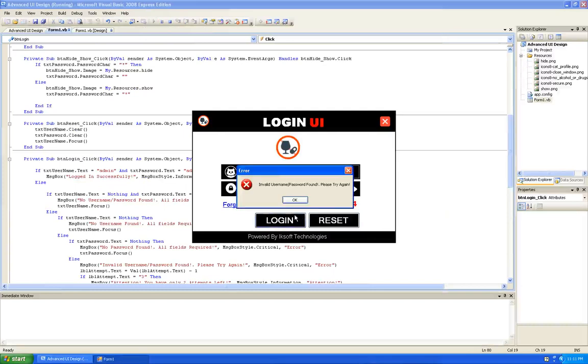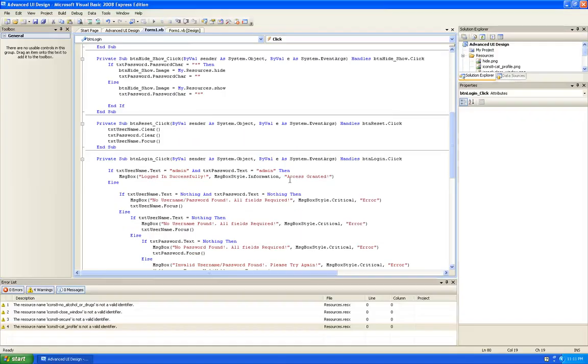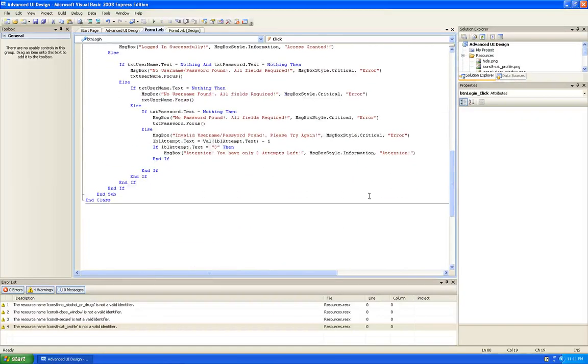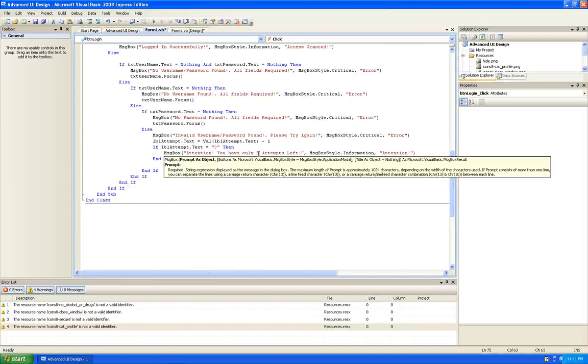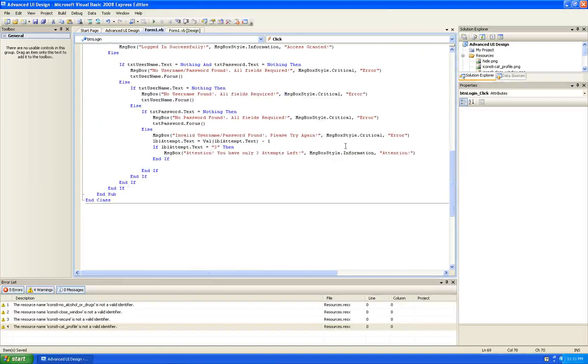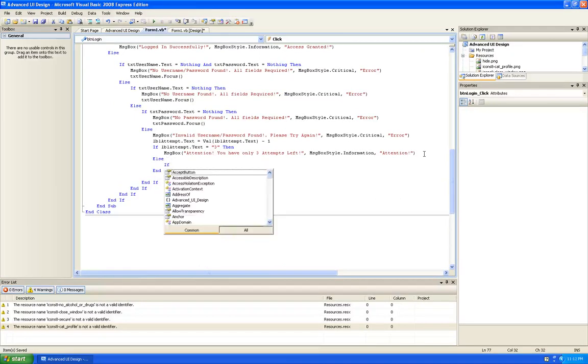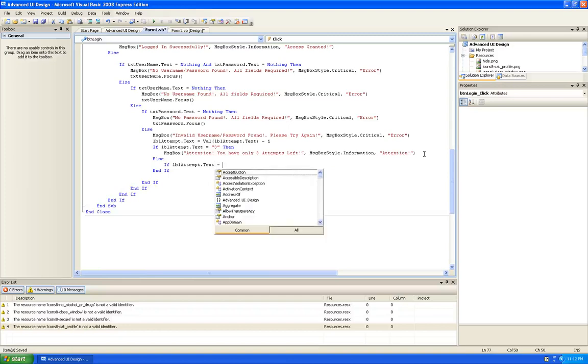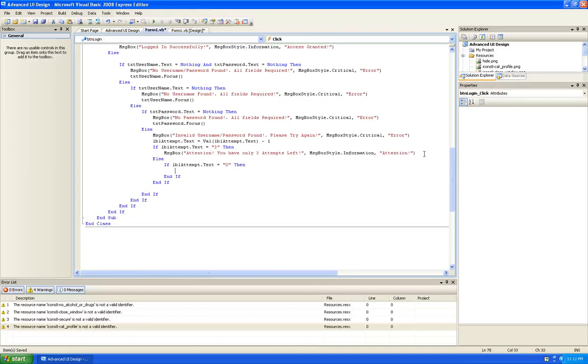So that is it, okay. So you have 2 attempts left, so instead of 2 we just have to write 3 here, just have 3 attempts left. Okay, so we're just gonna say else if lbl.text equals to 0, then only then we have to say